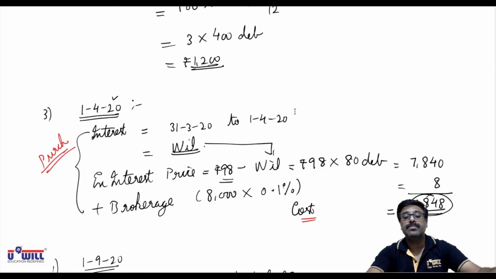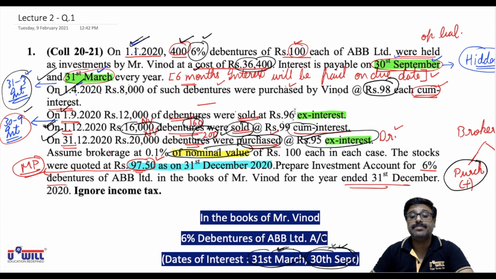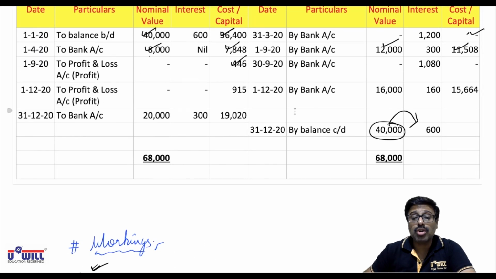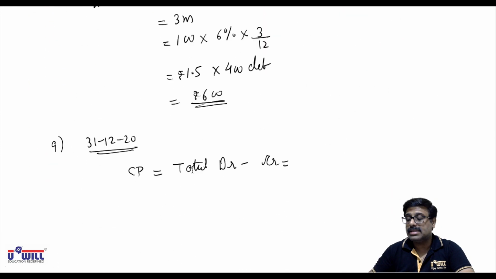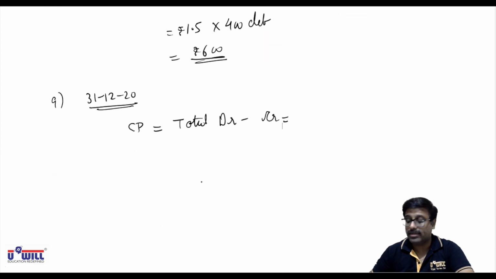Capital column. What is the total amount of debit side? Cost column 36,400 plus 7,848 plus 446 plus 915 plus 19020. 64629. Total of debit side is 64629